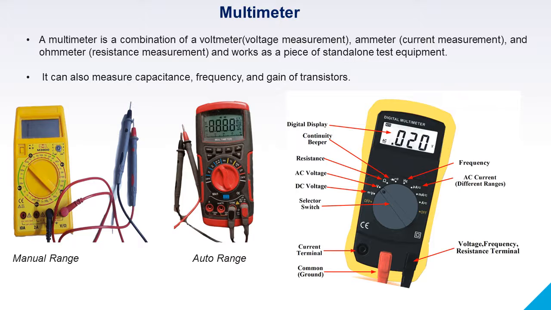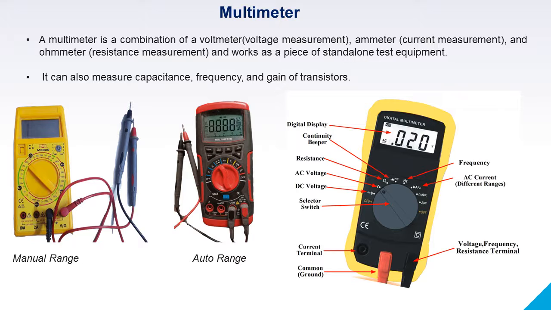So here in the first figure you can see the multimeter, which is of manual range. So if you want to select or measure voltage, put this rotary switch and knob in the voltmeter. If it's AC, put it on the AC. If it's DC, put it on the DC mode, and you have to select range manually. Second type of multimeter is shown as an auto range. You just need to connect the device or component. It will select appropriately the range. It is also called as smart multimeter.